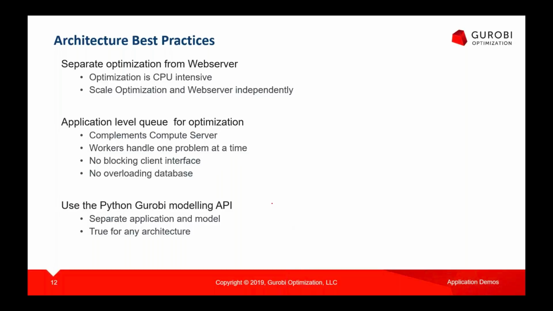And then the third thing, and this is true whether you're doing a web application or desktop or anything, is to separate the modeling from the rest of the application. Because they're really different areas of responsibility in most organizations, even if they aren't. They're different disciplines. So if I'm writing an optimization application, let's say in Java, let's say I have a nice fancy user interface running on the desktop, and I just throw the model code in there. It's a bad habit, I think. Even if I wrote the model code in Java, which you can do with Gurobi, it serves almost any API